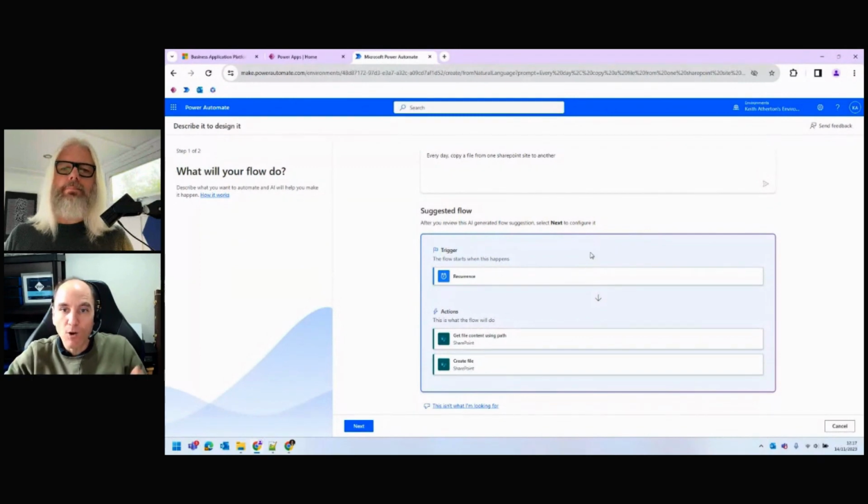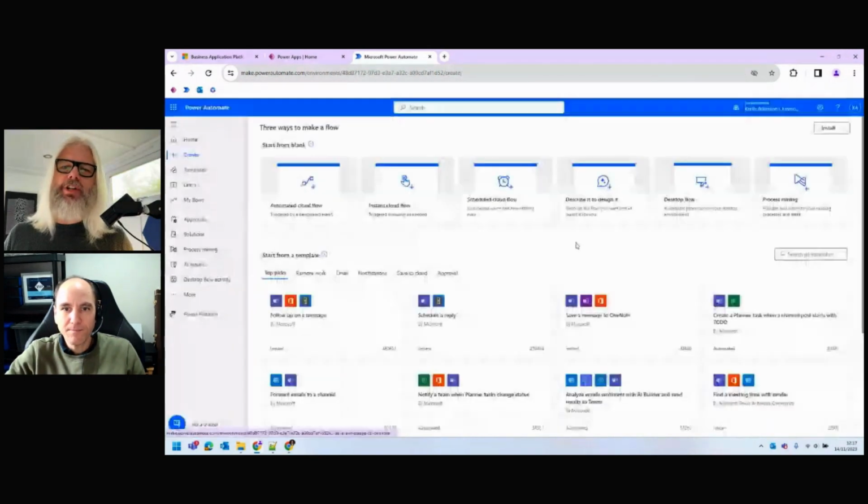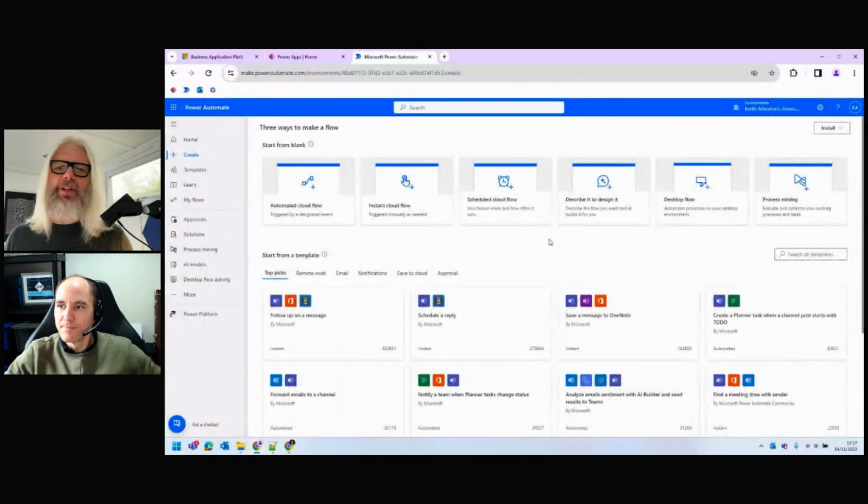But to get up and running, certainly if you're new to Power Automate, we could see how fast that was. Really, really powerful. Yeah, it's really good. So it really does give the opportunity to start small and build and get a feel for it, and crawl, walk and run. Exactly.